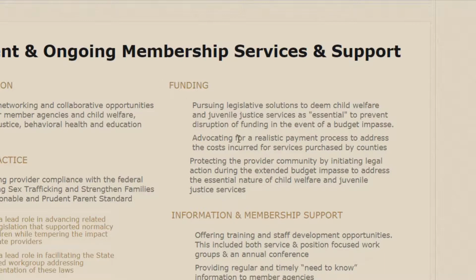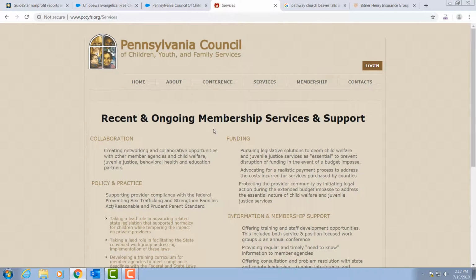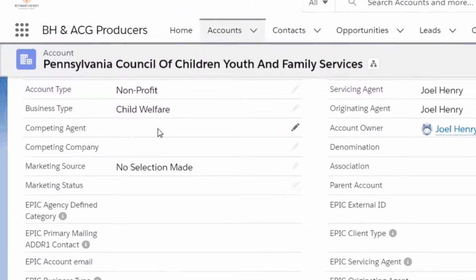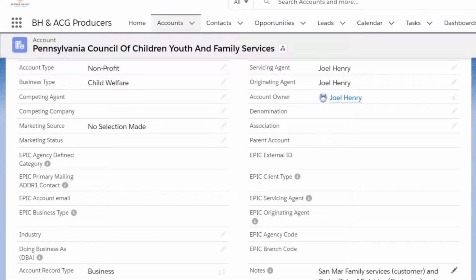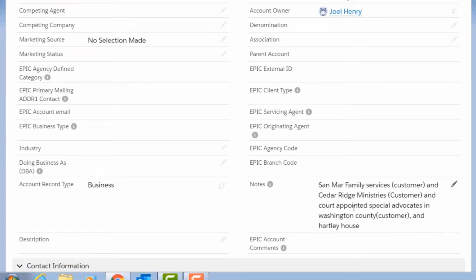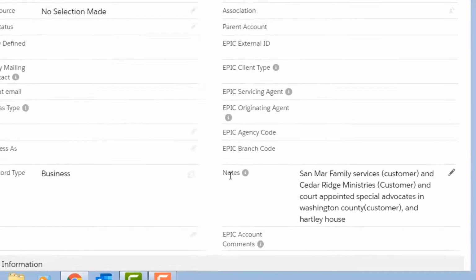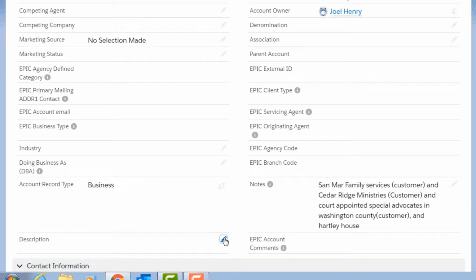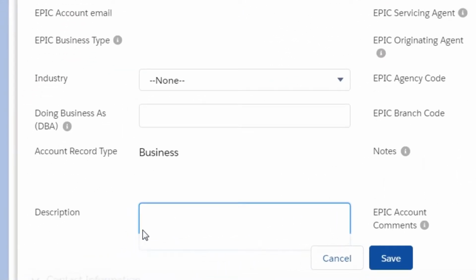These are all things to know, and when you're looking at these, it may seem like, wow, this seems pretty new, but a lot of customers have a lot of similarities with one another. So when I get one of these, maybe it's a child welfare organization, Daryl has a select few accounts that I can reference in regards to a similar account such as this. So I'll put this in the notes section in Tech Canary. Now when I'm looking at what they do, I'll use this description. So I'll write things like,